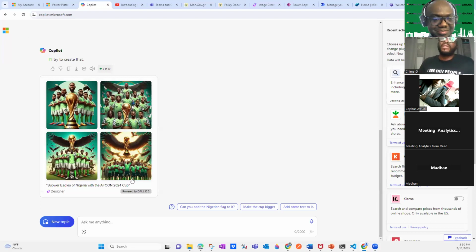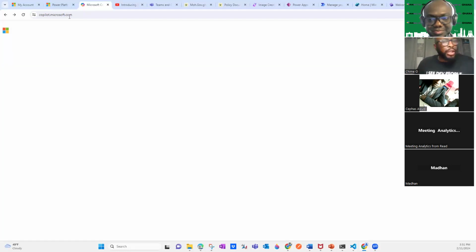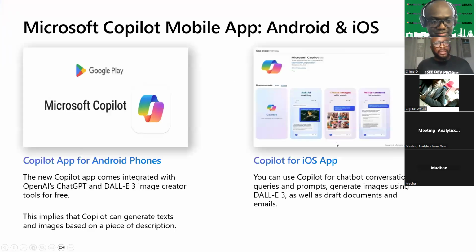There's lots of things you can ask, and you can also upload documentation using Microsoft Studio Copilot, but we'll see that in a bit. Going back to my Microsoft mobile app, you can have this also on your phone. I've got that on my phone now.